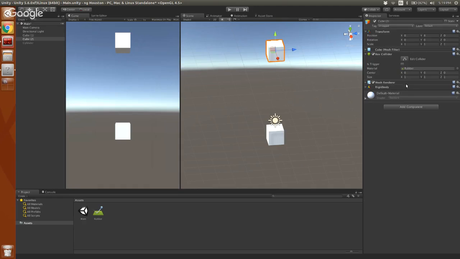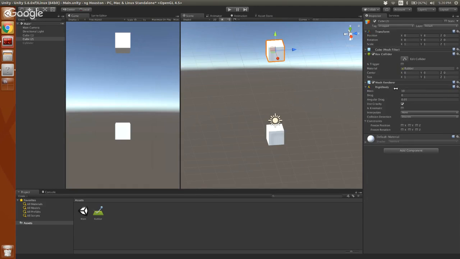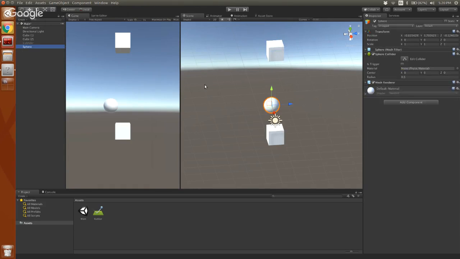There's tons of settings, and the important ones are all either on the rigid body for the object, or in the physics material for the box, your collider. And you can set up all sorts of shapes. Like we don't have to just do cubes. We can add a sphere into the middle of this, or that cylinder I was playing with before.